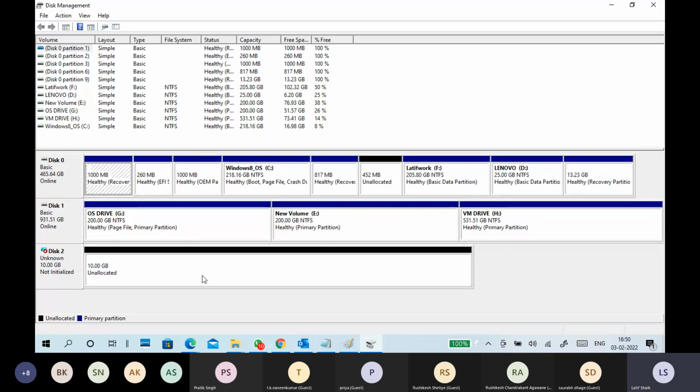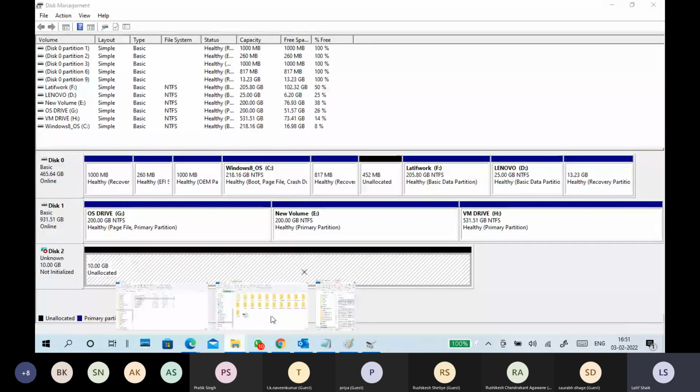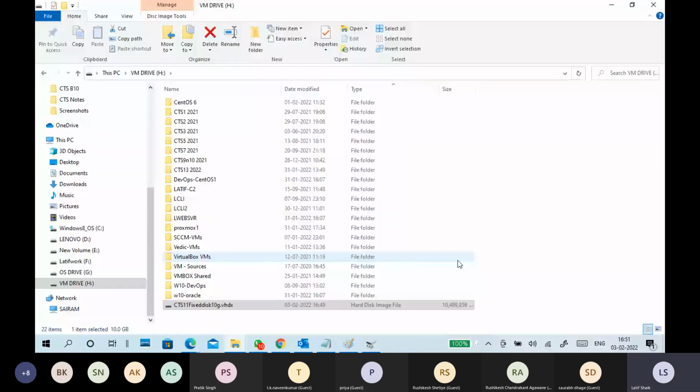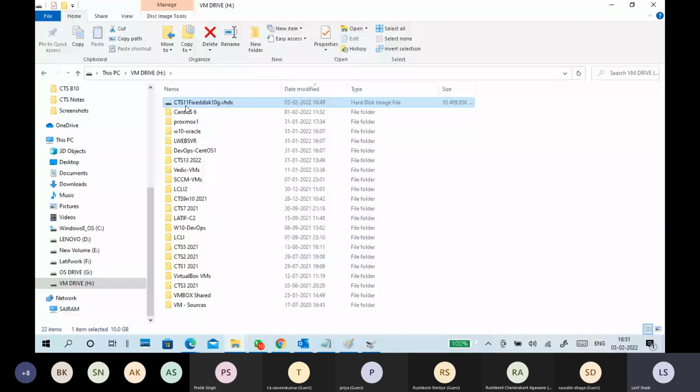See, my virtual 10 GB hard disk is added. See, unallocated, not initialized, like a fresh hard disk is added. I want to show you that, and this is my virtual hard disk. We have to put it in a different manner. This is better. Can you see? This is my hard disk, and this is my 10 GB space.